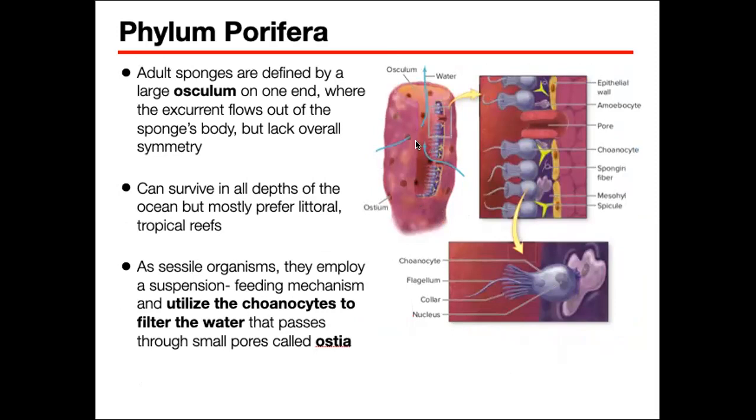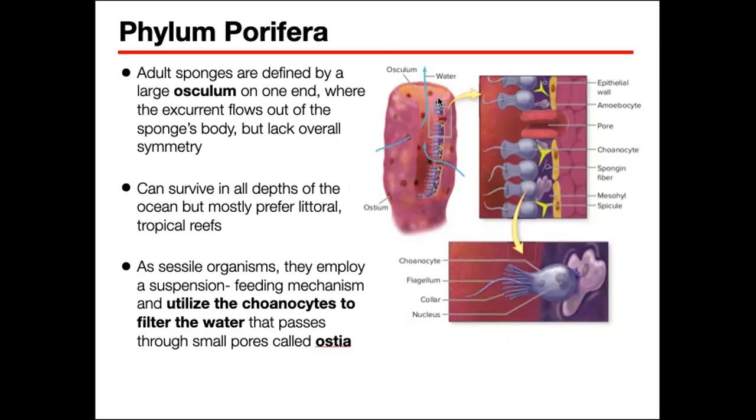Now, this water would carry along it yung suspended particles or suspended organisms that will be trapped by the flagella of these choanocytes that's embedded on the inside of the sponges. Okay? So what happens if natrap niya yun, kakainin niya yun, and then it will release the water in this big na opening on one end that we call osculum. Okay? So very direct, very simple rather yung kanyang body plan as compared to other animals.